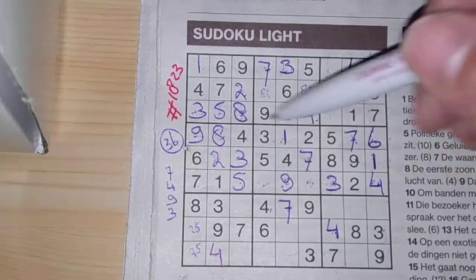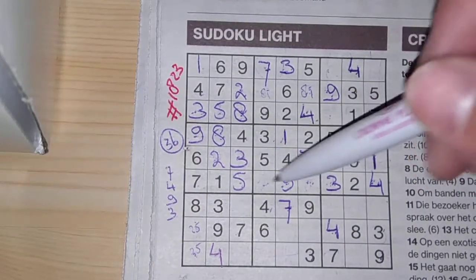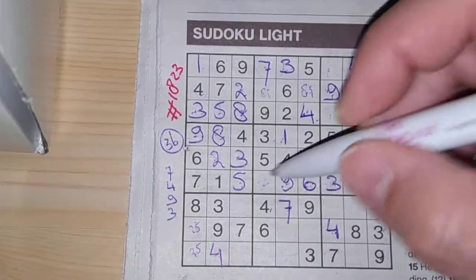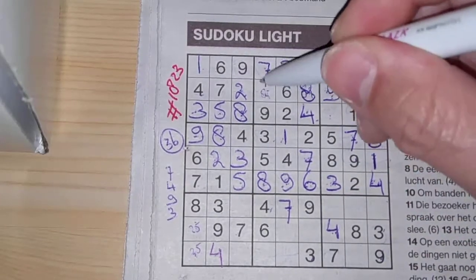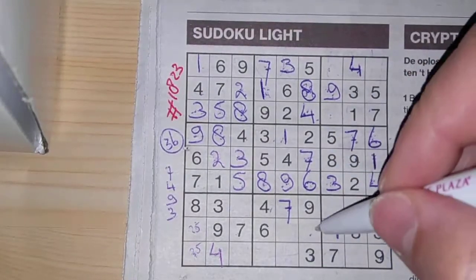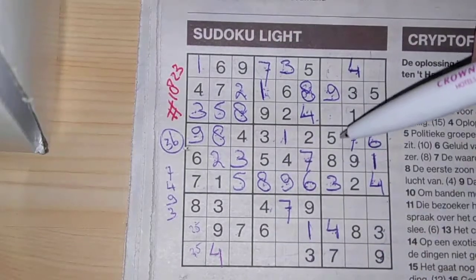These 2 numbers in this big square, 1, 2, 3, 4, 5, 6 and 8 are missing. We see here 6, no 6 there. 6 should be here, and 8 goes there. Now we have an 8 here, so this cannot be 8 anymore. This should be the 8, and this should be a 1. 1 box left in this column for the number 1. 1 box left in that column for the number